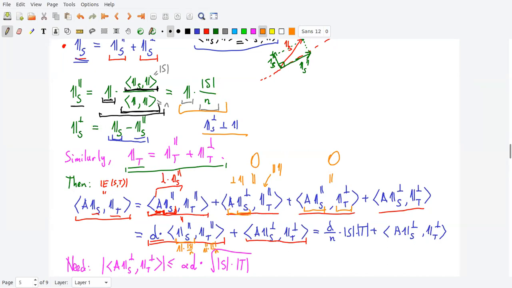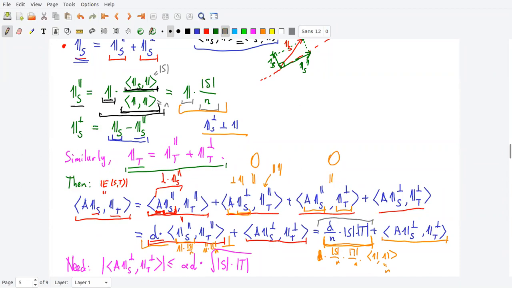Now this whole term is equal to this, because you have S times T over N squared, but then you also have the trailing factor. So you've got D times S over N times T over N times 1 cross product 1, but this is equal to N, so you get exactly this. And you've got this remaining term of the two orthogonal vectors. Good. So we have already found this random behavior term,